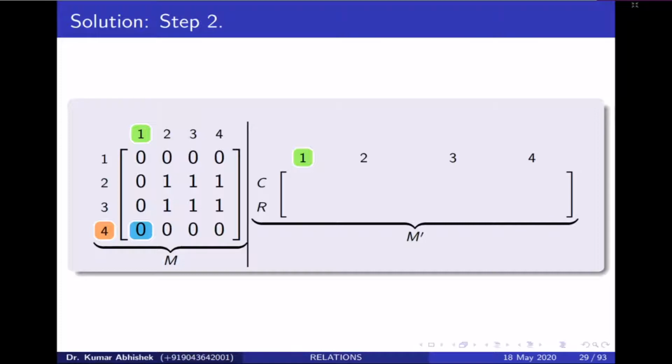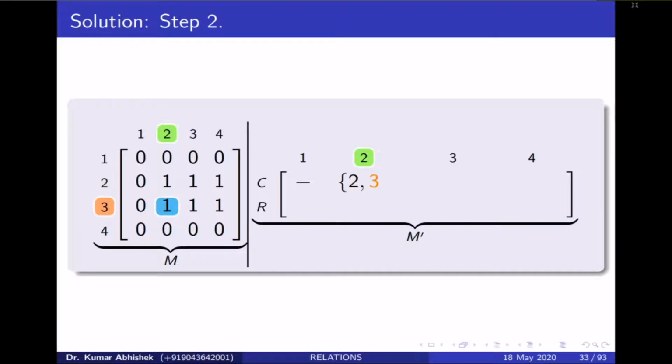So in the intersection of the first column and the first row of M dash there will be a blank entry. Now we move to column 2 and move along the rows under column 2 to check where the non-zero entries are. In the first row and second column intersection there is a 0 entry, so nothing has to be entered. In the second row under the second column there is a non-zero entry, so we record the position of that row under the second column and first row of M dash.